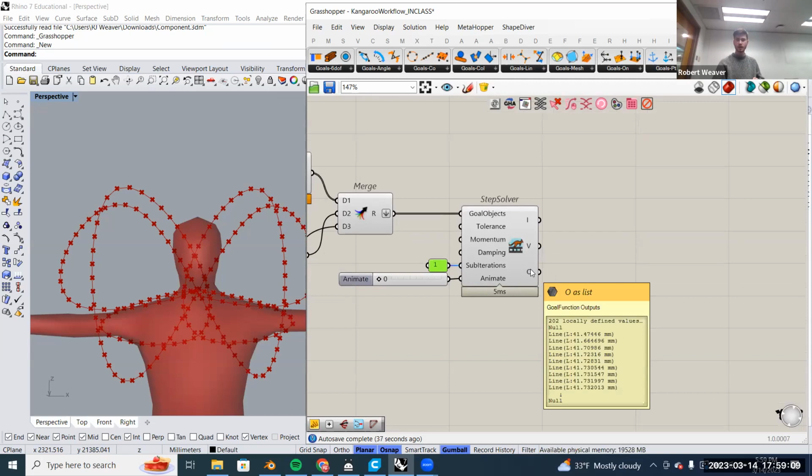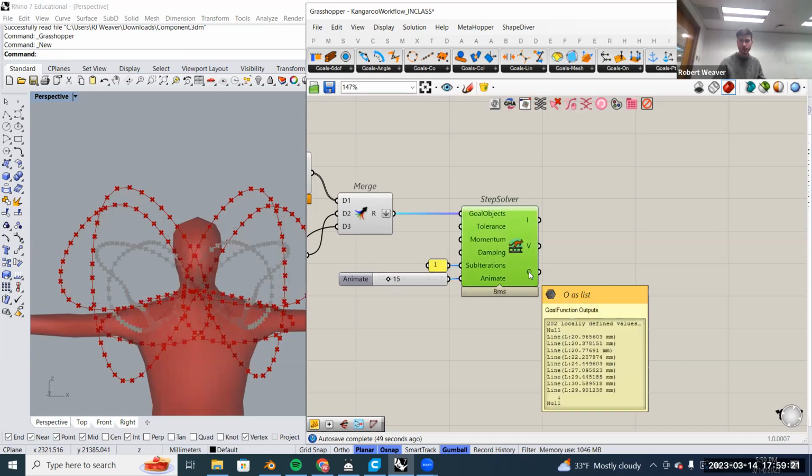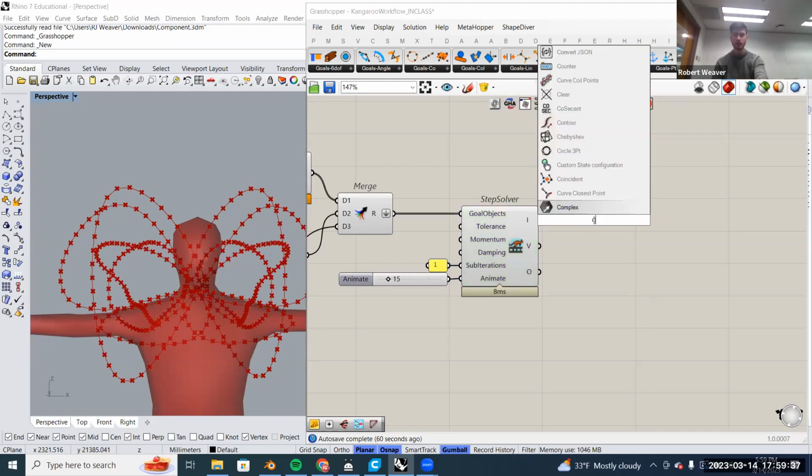Okay, so coming out of the step solver, this last output here is all of the outputs from the goal functions. So this is pretty much defining where the curve is after we stop. So right now, if we look at the list, we'll notice some of the inputs are null, which if we were trying to reconstruct the curve on the back end back into a single interpolated curve instead of 200 lines, is the first thing we want to do is just clean